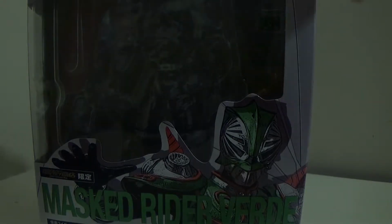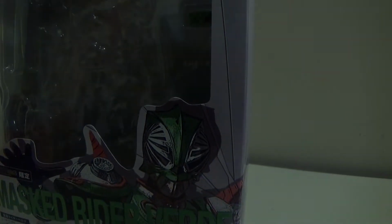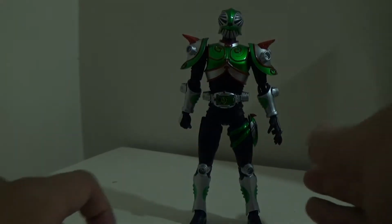Final Vent card. And in here, for some reason, there were like three Advent decks? I'm not sure why he had three. So that's kind of weird. I mean, some is cool for individual display, but I don't know why three different decks. But anyways, here's my Figuarts for